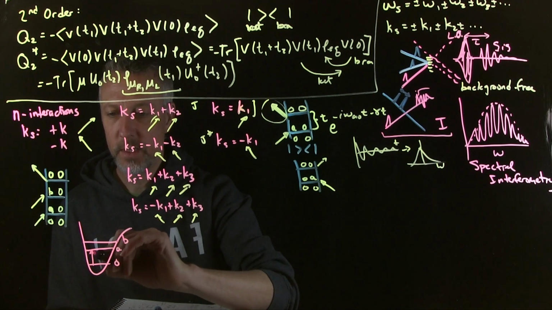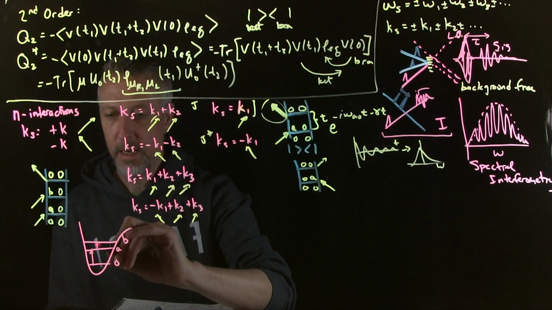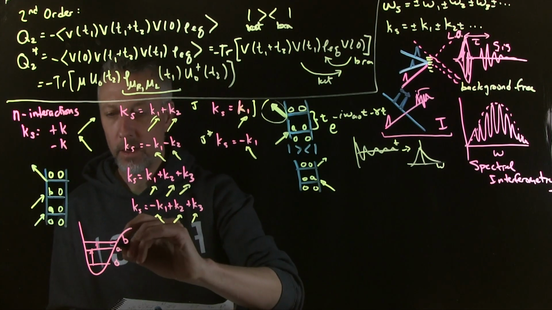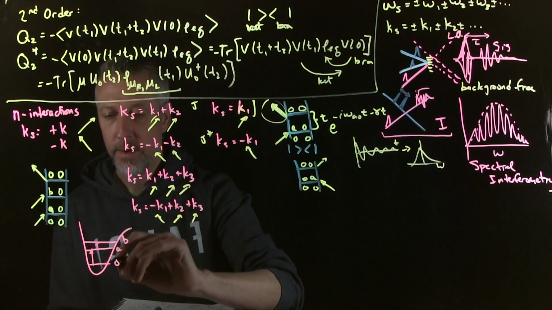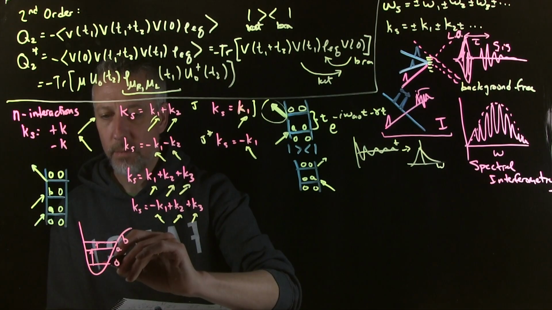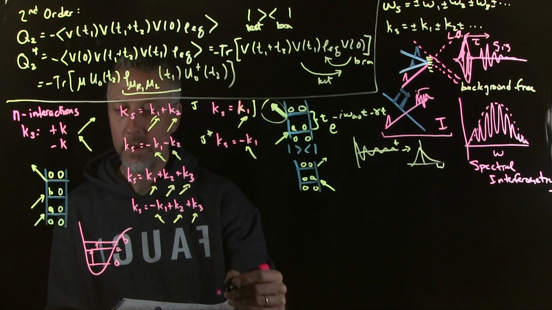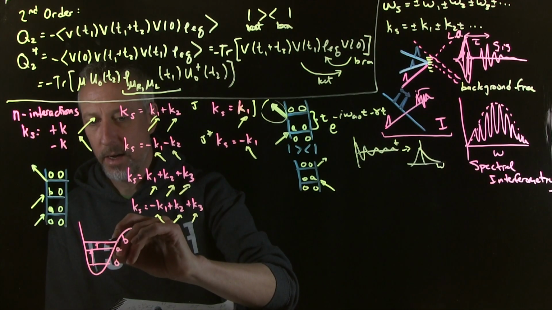We make a coherence between 0 and A. Then our field interacts to go from A to B. And then our coherence that we have is B0. So we could either end up back down here or we could end up back down here. Right? So that's what the final interaction will be. Now here's the trick. If we end up on A,